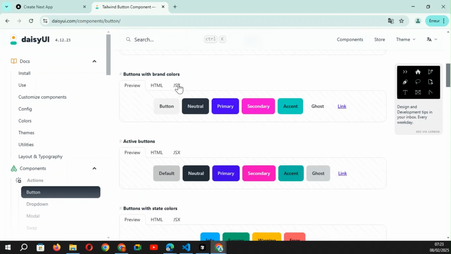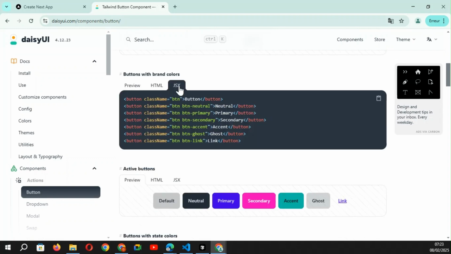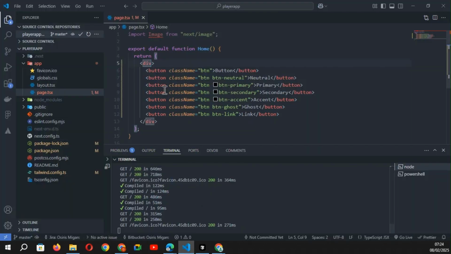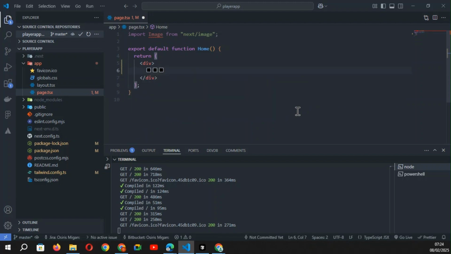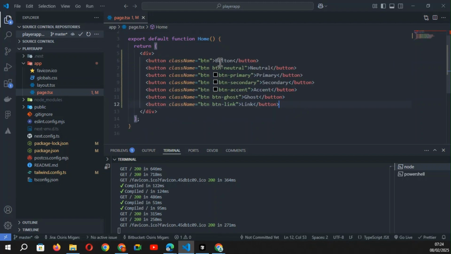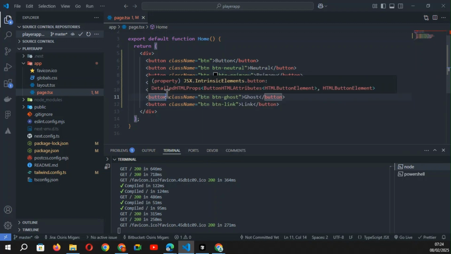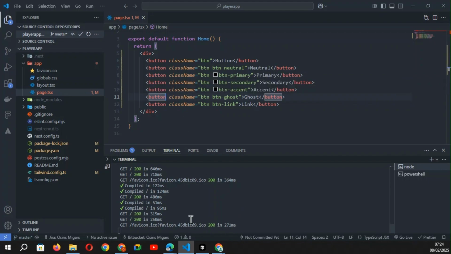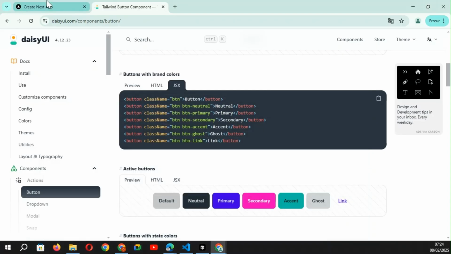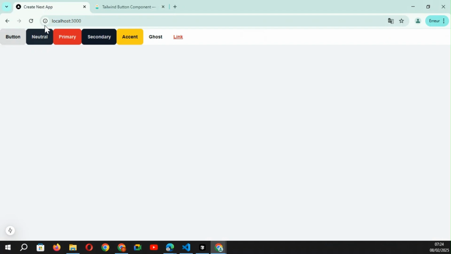Here now I can copy, and here I pass my button and I see neutral, btn-neutral, btn-primary, and Daisy UI selects automatically